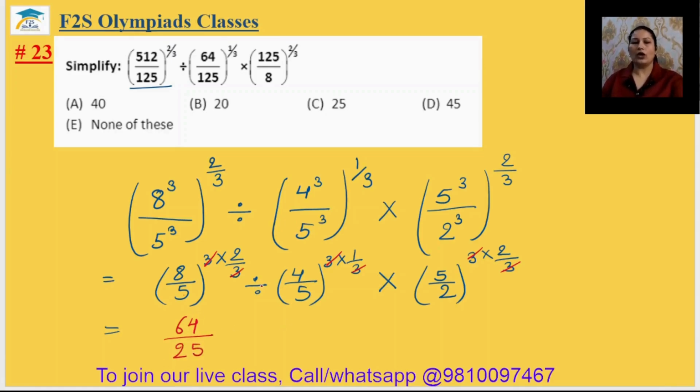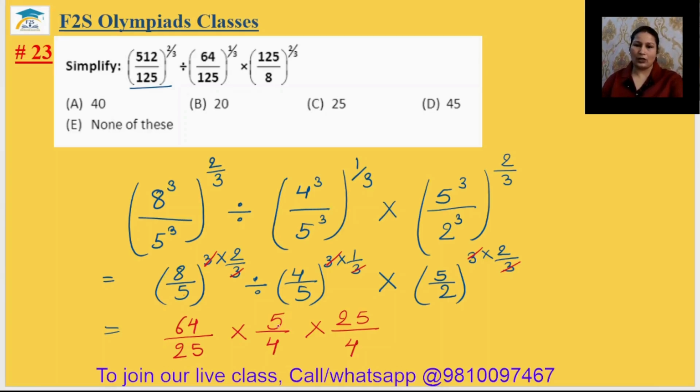Okay. Now I am changing the division into multiplication. If I change the division into multiplication, the numerator and denominator will be reciprocated, they will exchange their positions. (4/5)^1 will become 5/4. Now multiply by (5/2)^2, which can be written as 25 upon 4.